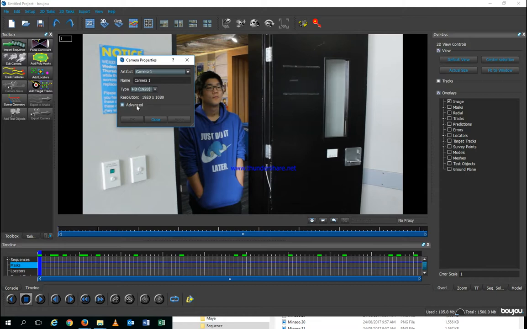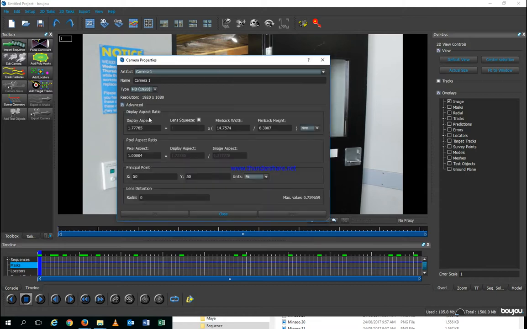We know that, but we have an advanced click. I click it out, and you see that the film back width and height is wrong. So it should be 22.3,